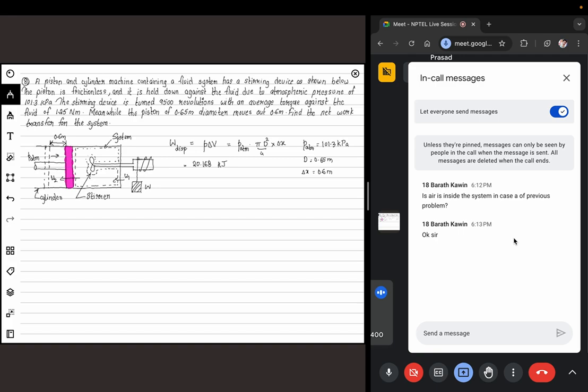Now external to the system, what is happening? This particular weight is again raising. The stirrer device, whatever it is, is again being turned, and because of which it is getting raised. So what is happening over there? It's like the same we have discussed previously. So what should I do for that? I have a torque. The torque is because of the fluid. The torque is against the fluid. As it is rotating, it is overcoming the friction of that. So you have a torque of 1.25 Newton meter,